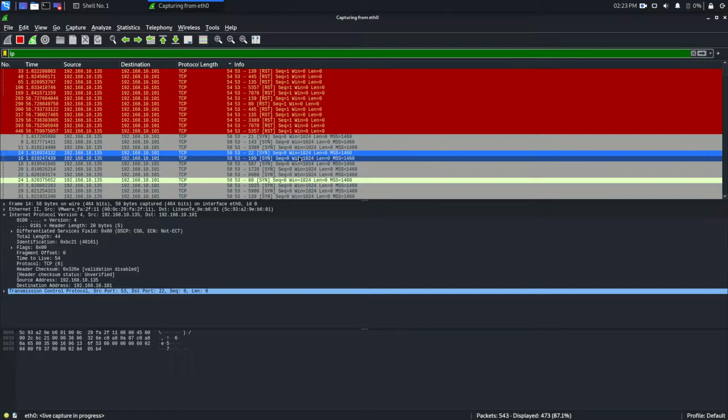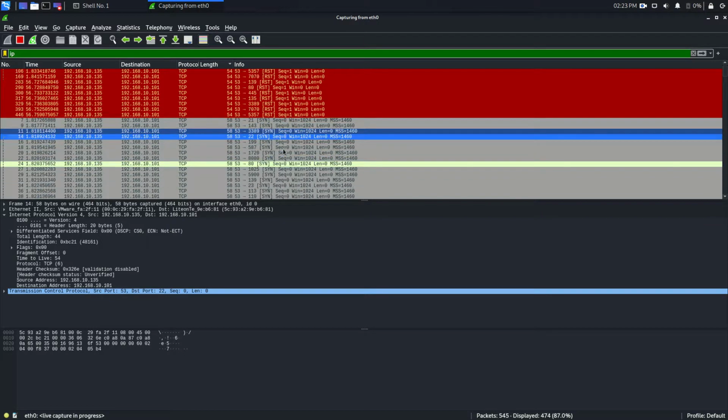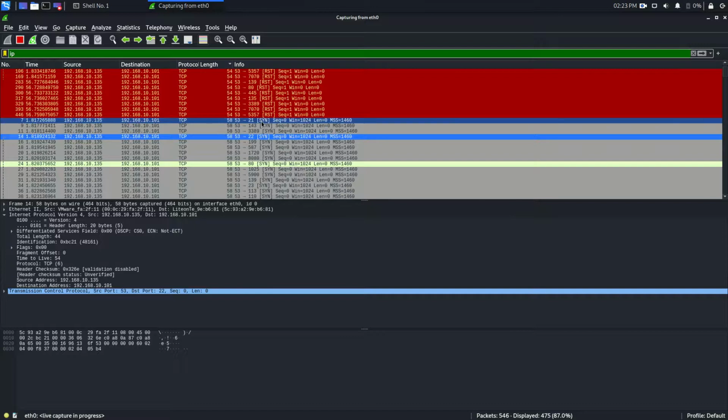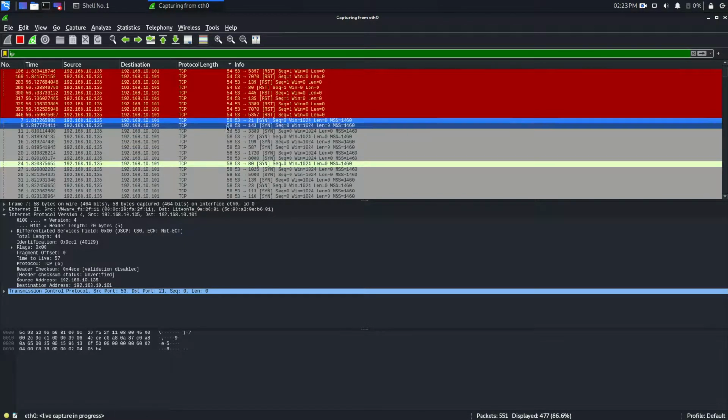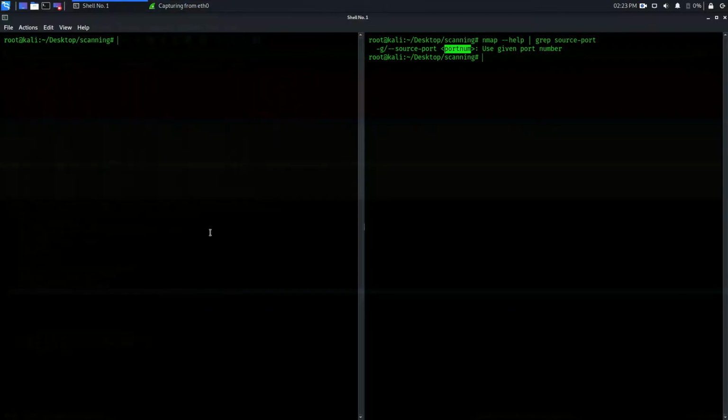So if there is any filtration or detection rule inside the firewall which detects you with packet inspection on the basis of packet length, you can alter your packet length also. If you alter your packet length, maybe the firewall lets you pass. And how we will do this is nmap space hyphen capital F, and I'm going to say data. No, it should be small data.